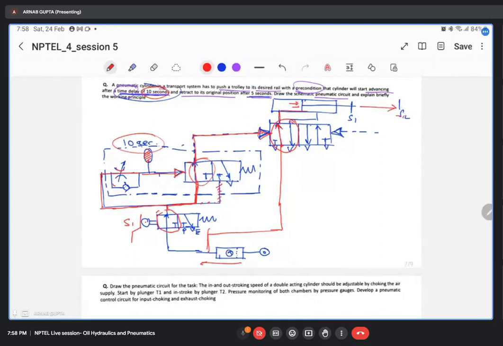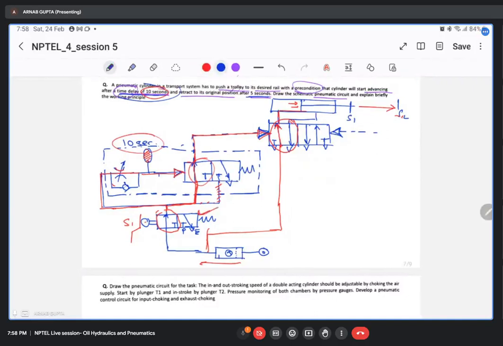Now what happens? You should have another such switch like this one for the retraction to start. So I'm drawing it here. This is your S2. You'll also have the same type of configuration. I'm taking pressurized air from here. Next, what it will do,